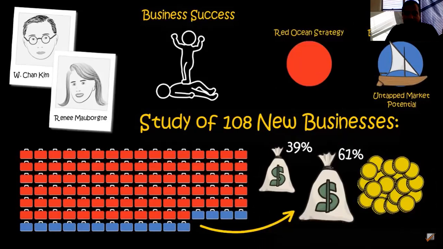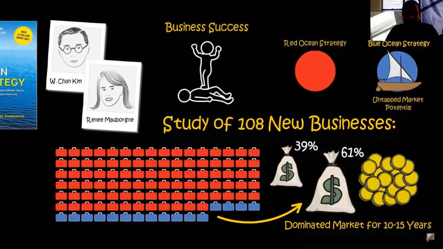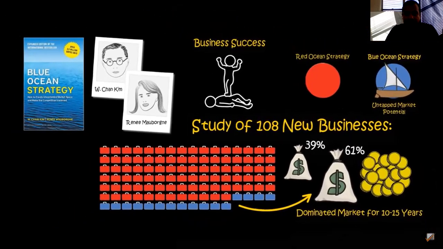Upon further study, the authors discovered that the blue ocean businesses went on to dominate their respective markets for 10 to 15 years after their initial launch. So how can we use a blue ocean strategy to find an uncontested ocean of opportunity and dominate a market